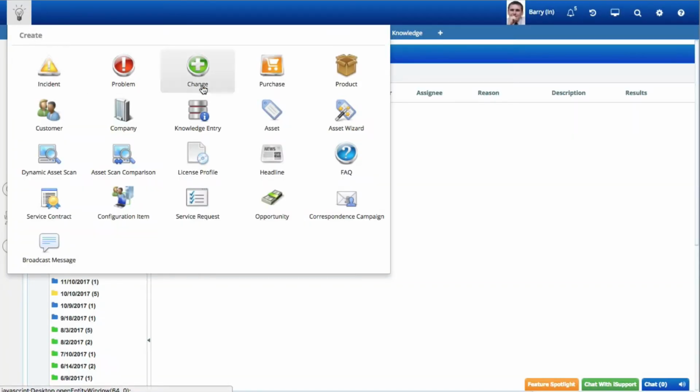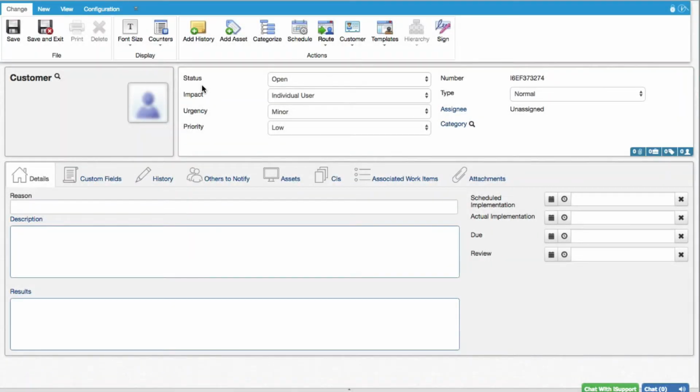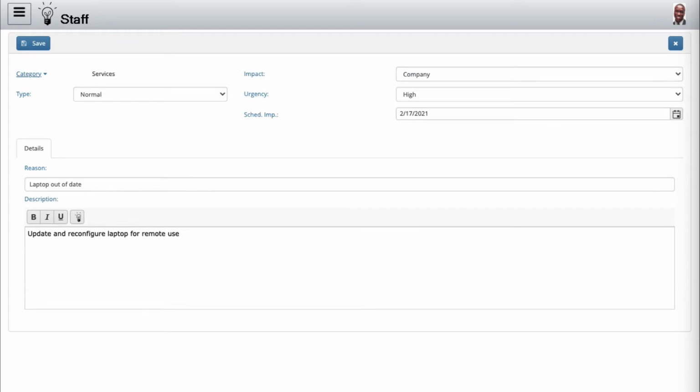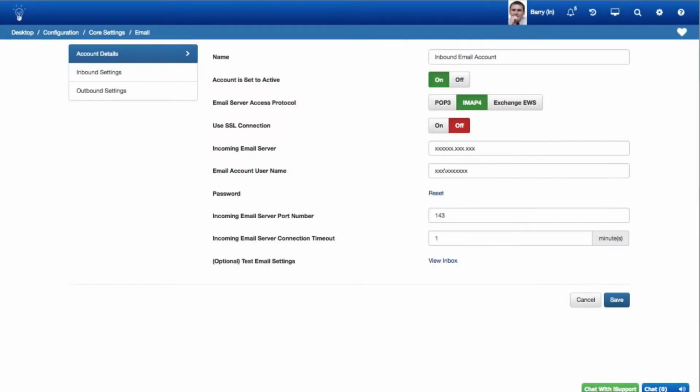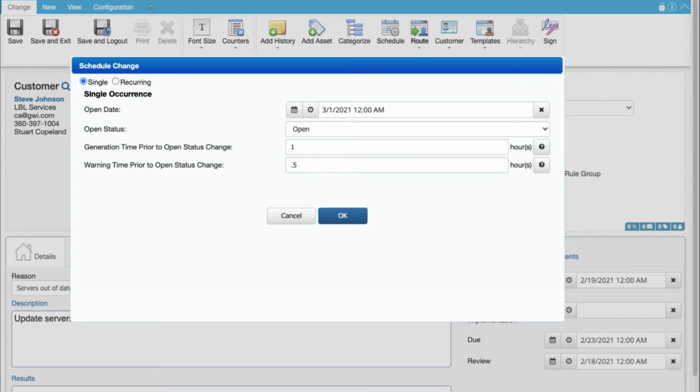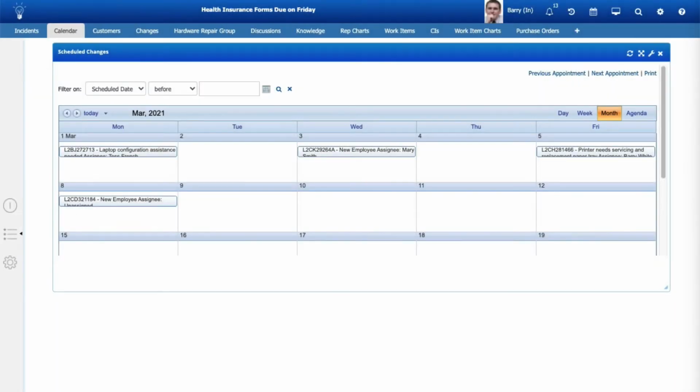Change records can be manually created via the change screen, by customers using a MySupport portal, and through email processing when a customer submits an email. You can also schedule a single occurrence change or a recurring set of changes to be created at a future date and time. You can display scheduled changes via the calendar and event calendar dashboard components on the desktop and